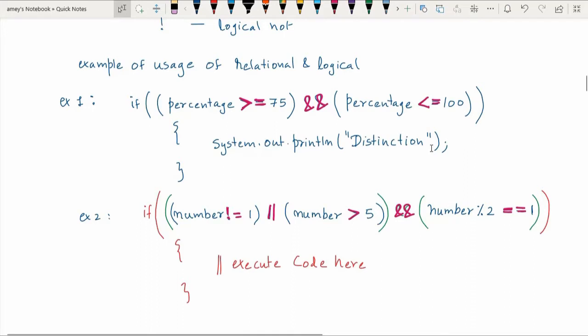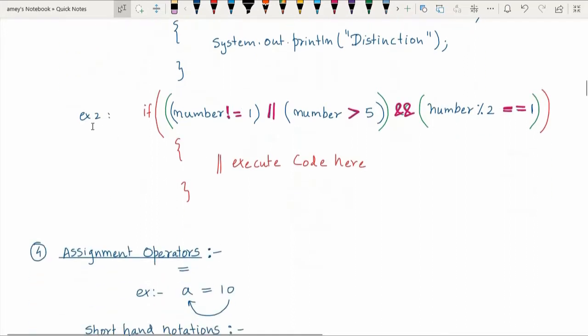Second example: if number is not equal to 1, just see, this is called the not equal to operator. If the number is not equal to 1 or if the number is greater than 5, so this is one expression.